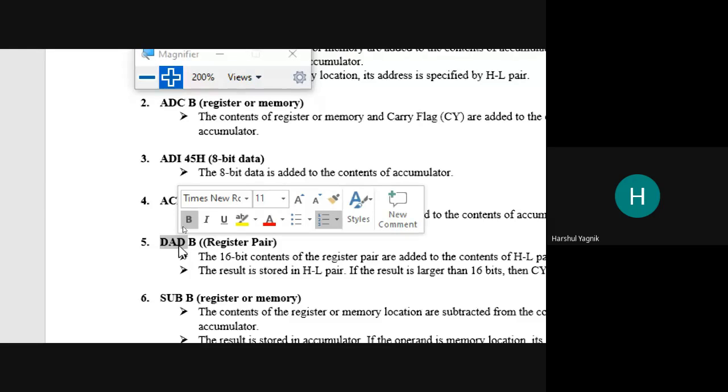Now, today we are going to continue with instruction number 5. Remember, this instruction is also used for addition, but it is used for performing 16-bit addition. Rather than using the accumulator, this instruction will operate with the content of the HL register pair.